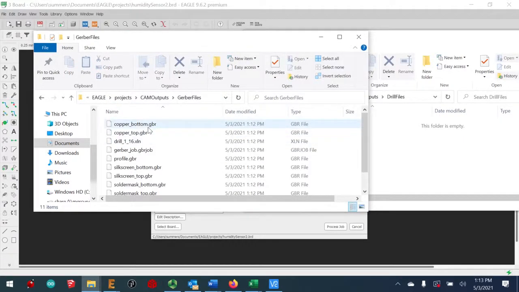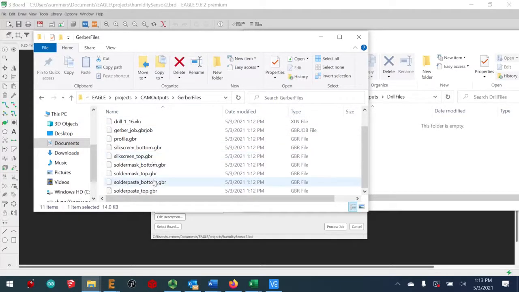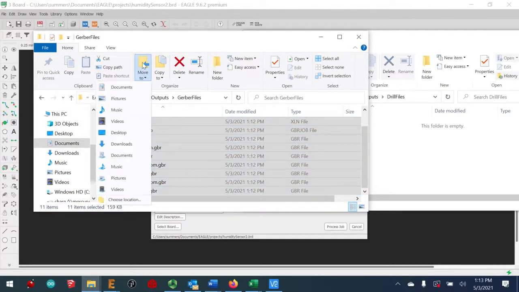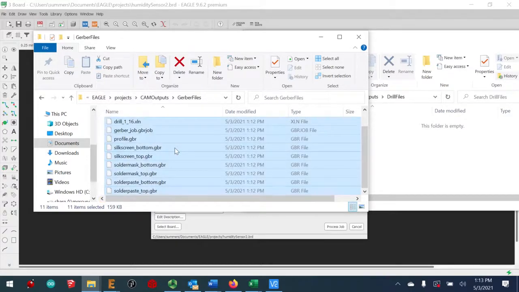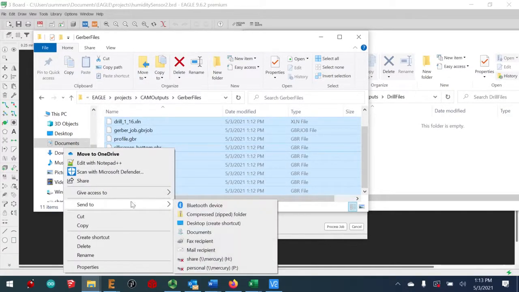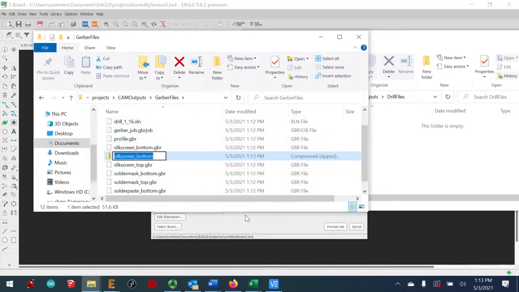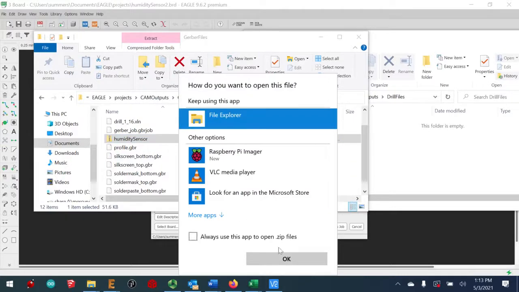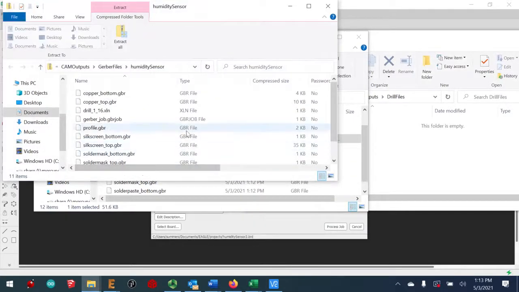Then we want to just select all these files, and we want to move to, is that what we want to do? No, we want to right click and send to compressed zip folder. There we go. And it doesn't need to have that name. We're going to call this one humidity sensor. Okay, let's see what's in there. Damn it, well, let's screw that. All right, so what we're going to do now